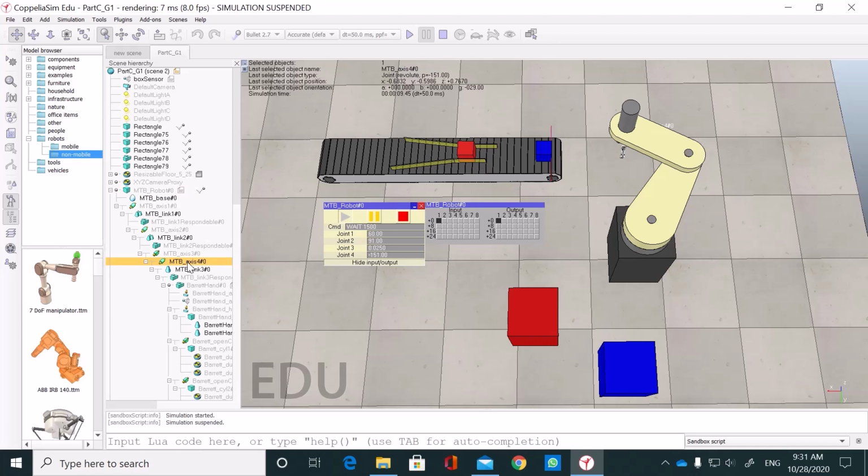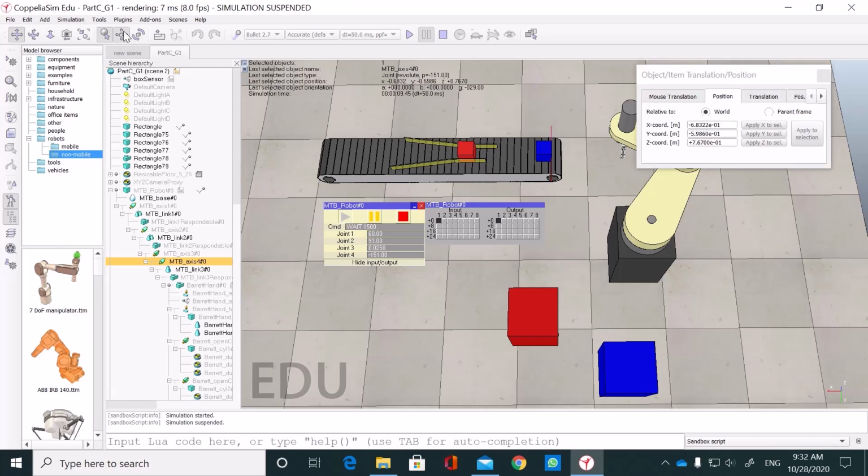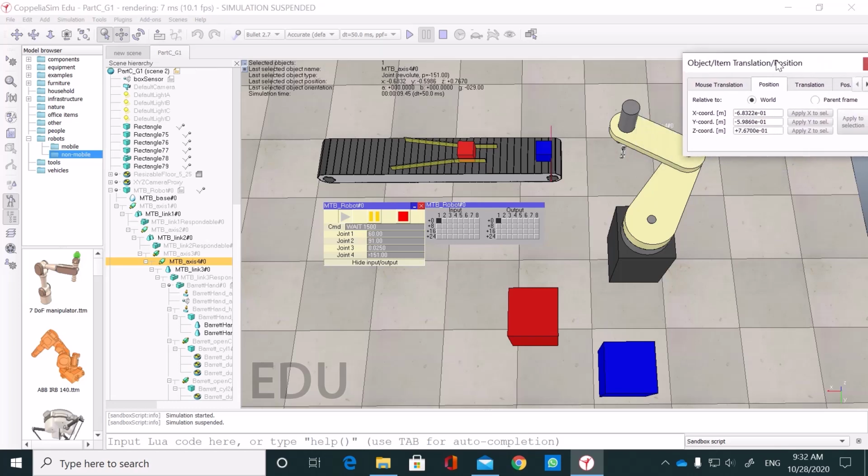You can see that the location of the pickup position is at X minus 0.6832 and Y minus 0.5986. For a closer look, just open up the item shift